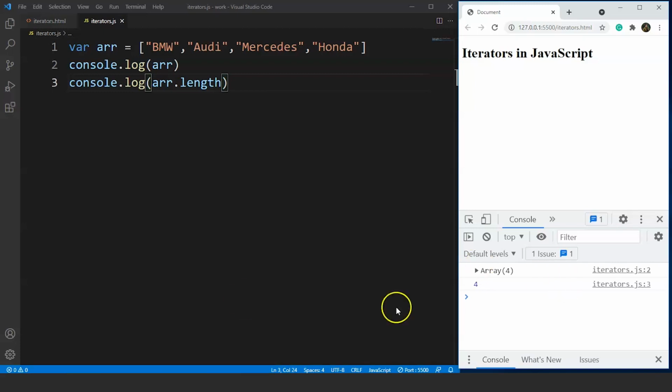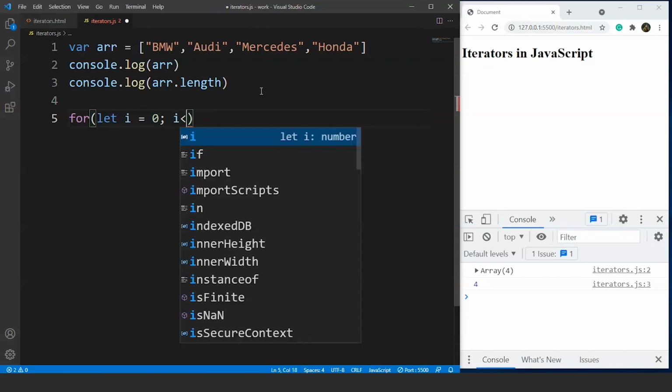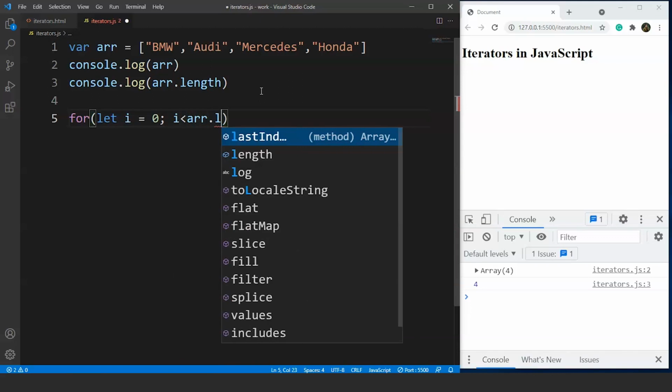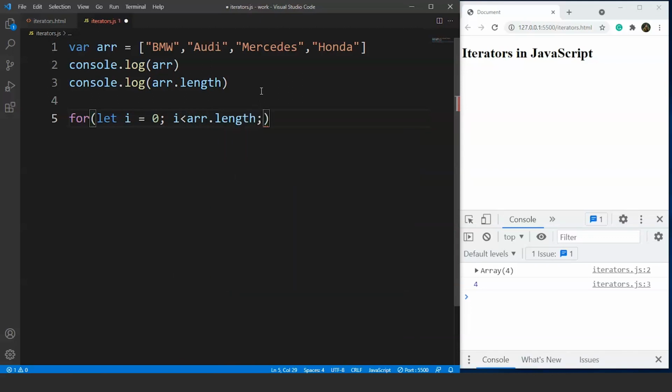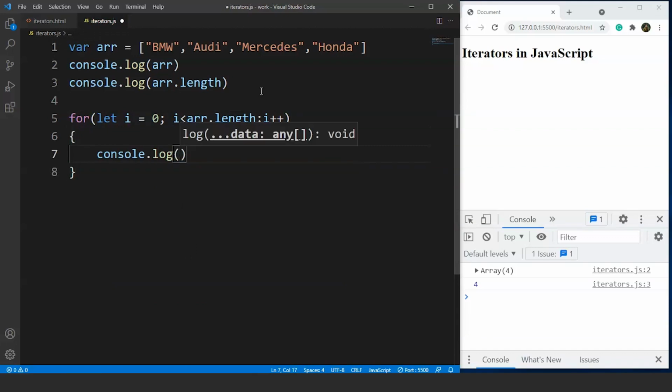What we have to do is we have to write here, let's traverse this array once. We'll write here for, we'll write here let i is equals to 0. i is a variable which will be used to traverse this array. And then we have the condition if i is less than array.length. And then what we'll do, we'll increment the value of i by 1, right? So this is a for loop. Inside this we'll write here console.log and we'll print arr of i. Fine. So we are done with it.